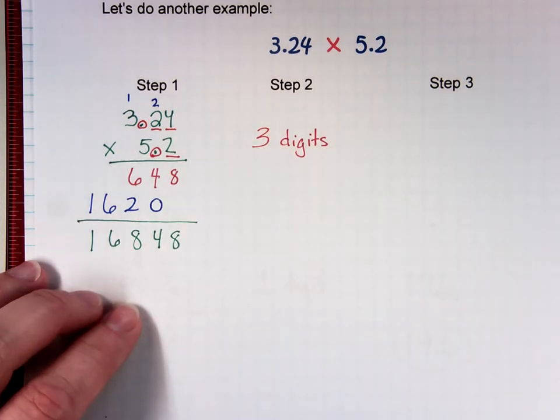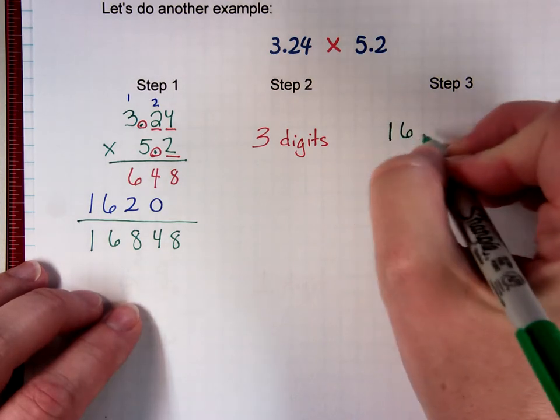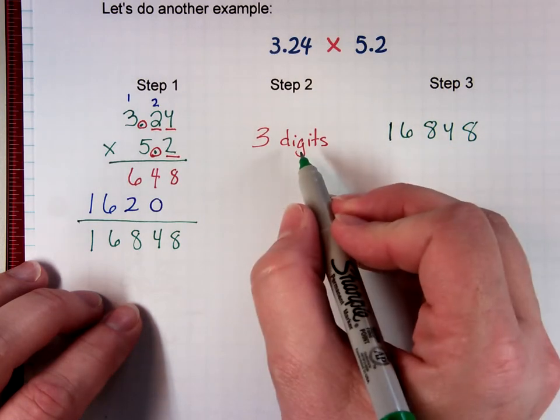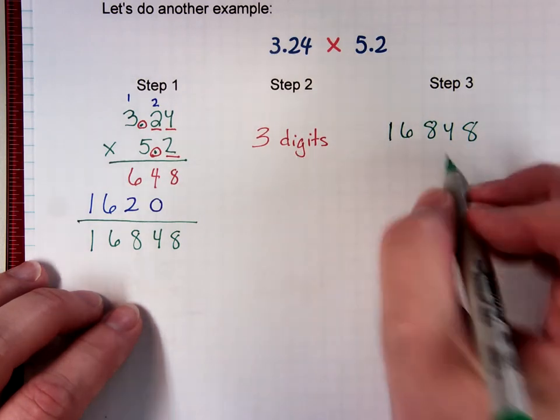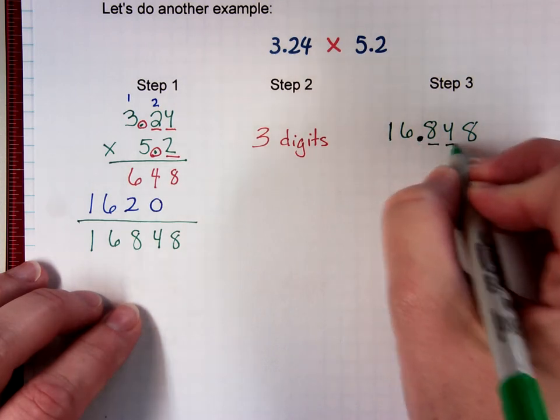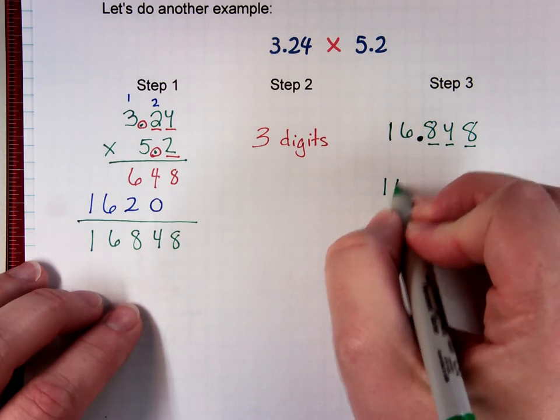Step 3. Place the decimal point in your answer so there are the same number of digits to the right of the decimal. The number was 16,848. I need to show 3 digits to the right of the decimal. So I'll put my decimal here and I have 1, 2, 3. That is correct. My answer then is